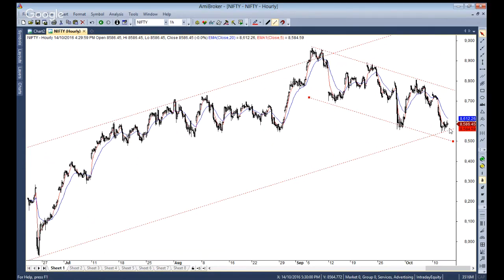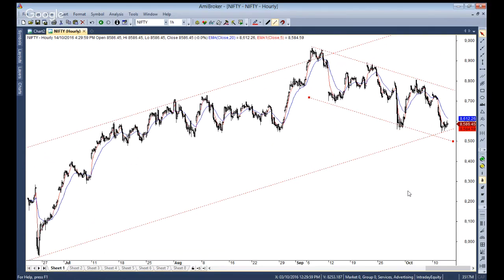So over here, if the red moving average, which is the shorter moving average, moves back above the blue one, we are again going to head back towards the channel resistance, or probably we might break that as well. So the point is, if we combine these kind of moving average methods along with channels and along with Elliott Wave, that gives us a lot of perspective into the trading strategy one should adopt.